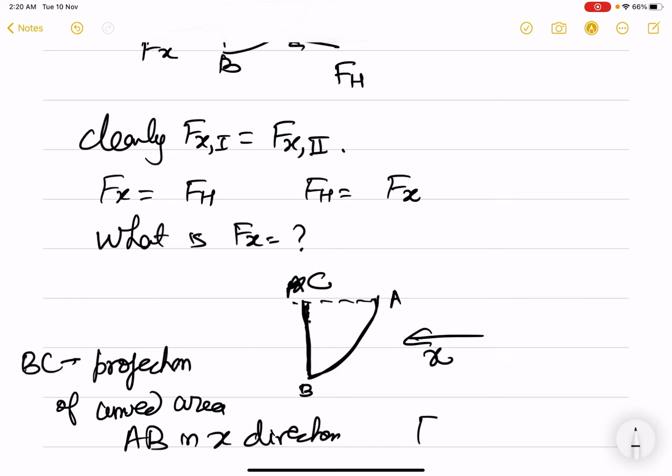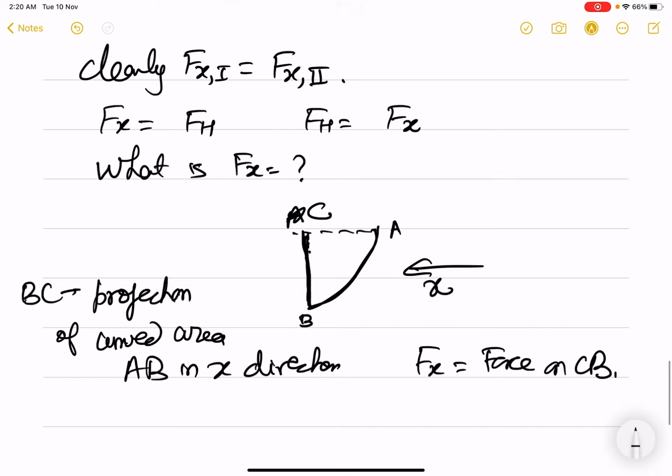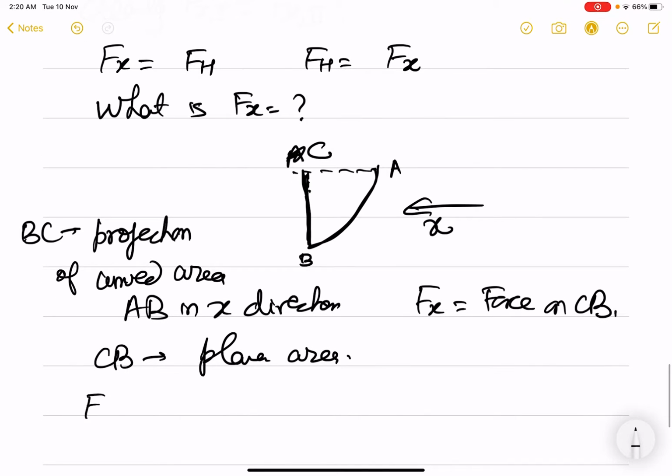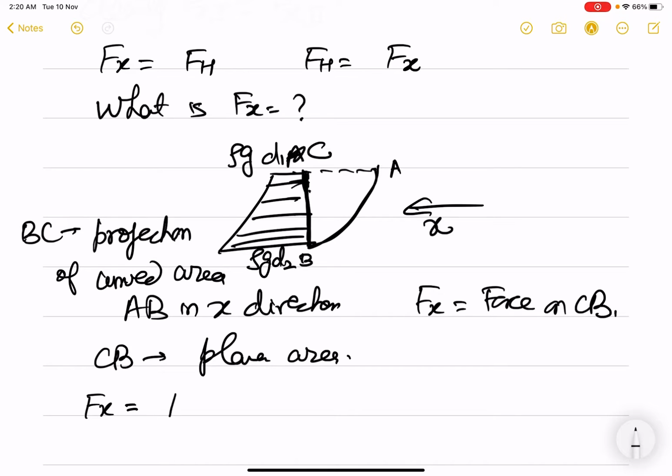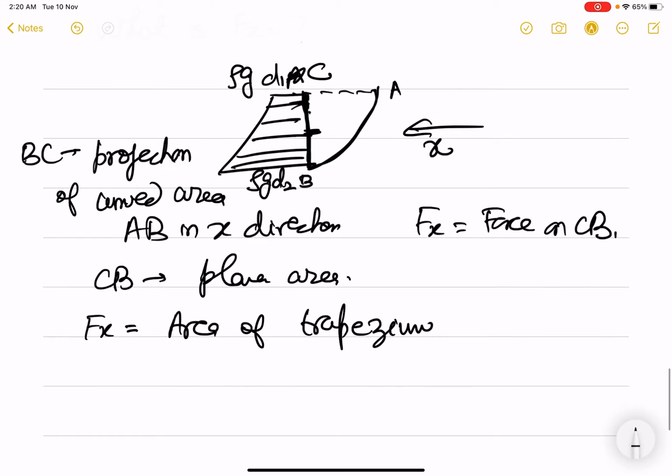Now, what is Fx? Fx is the force on CB. Now, CB is a planar area. So, Fx will be equal to, I look at this CB. One thing I can do is draw the loading diagram. So, if this is depth D1, rho G D1, rho G D2, this is equal to the area of the trapezium. And we have also shown, if the projected area,